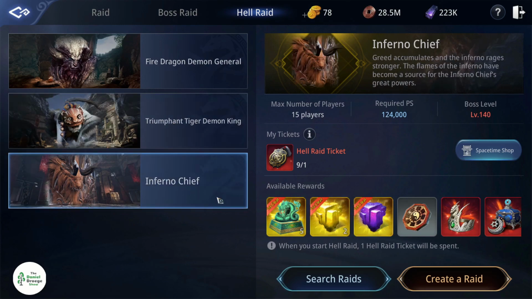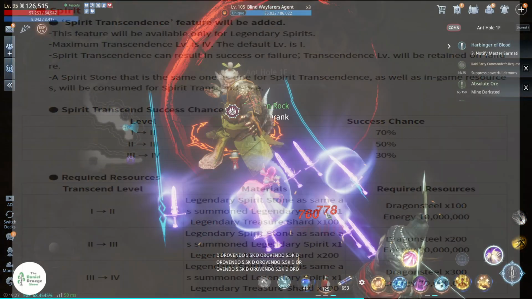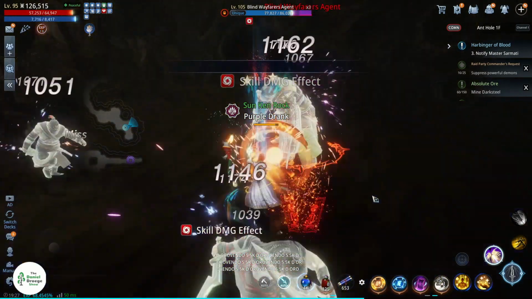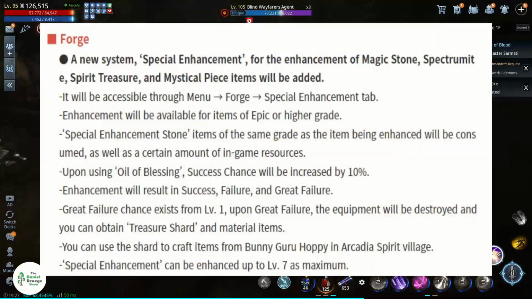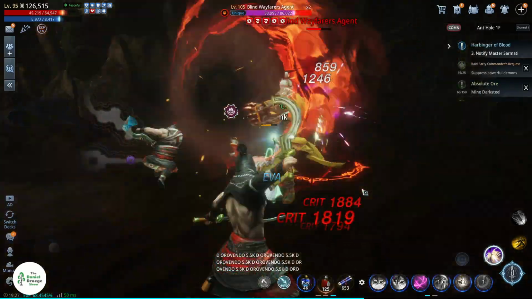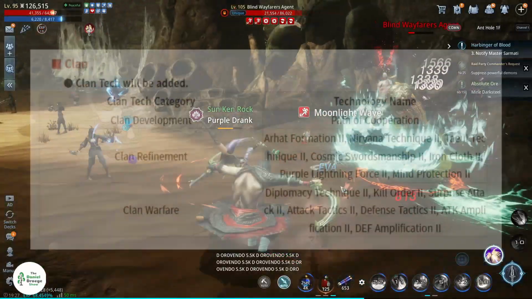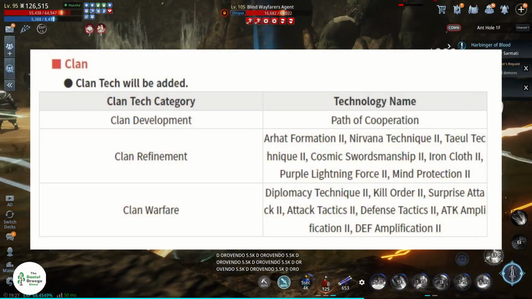3 new spirits were added with the ability to level up duplicate legendary spirits with transcendence. A new forge system was added to enhance magic stones, spirit treasure, and mystic pieces. Upon failing, the item will be destroyed and treasure shards can be obtained to use to craft replacements. 10,000 bots later, a new mystery was added and clan tech was expanded since so many clans had them maxed